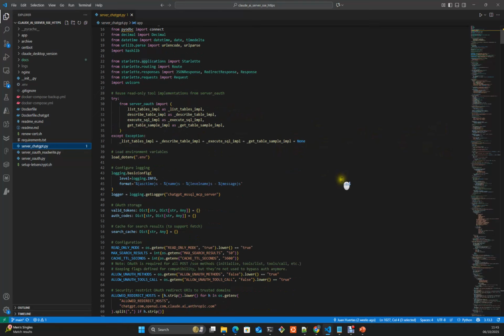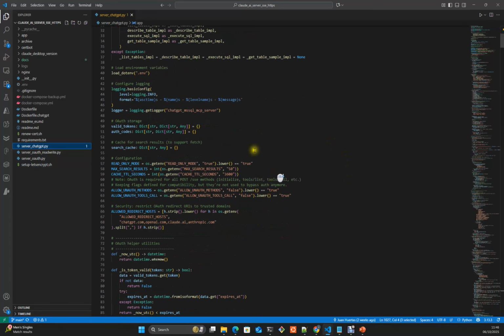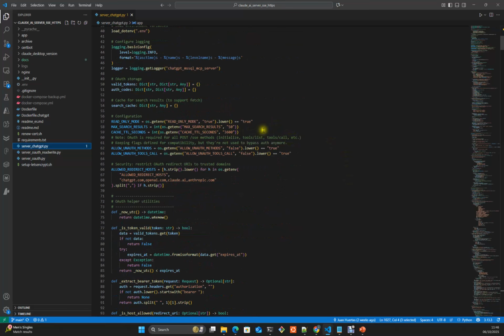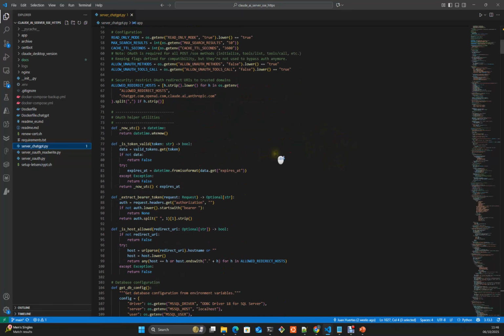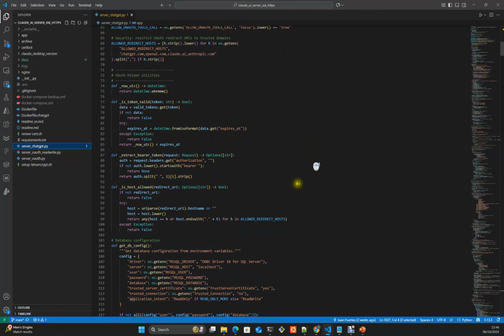It's not there, so we will create it here on the script. We load our environment, login here, authorized methods, allowed unauthorized methods, unauthorized tool calls. This is something we need to implement for the registration only, and then configuring the environment in a few words. Here we are,